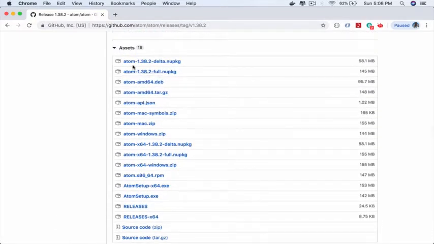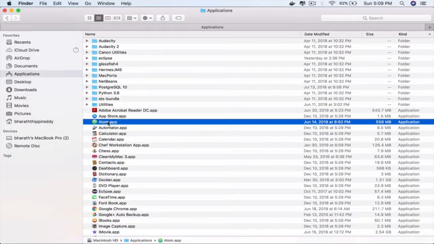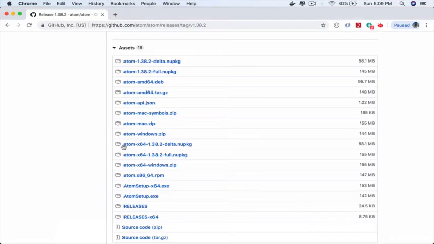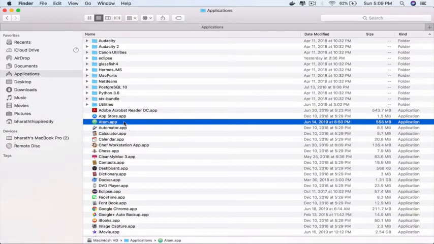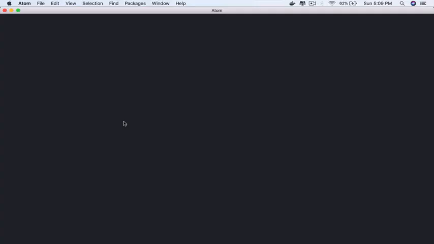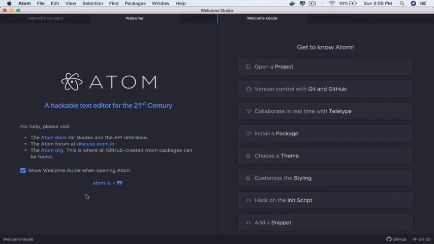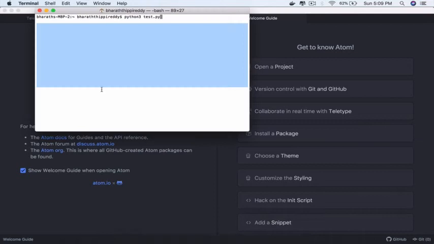If you are on Windows, select the right version of it. If you unzip this file, there will be an exe. Here you can see a setup.exe. For me on Mac, I would select the Mac one here, atom-mac.zip. Once you unzip it, you will see atom.app on Mac. And once you finish installation on Windows, you should see atom.exe. Double click on that. That will launch the Atom IDE for you. Once opened, you can create your Python scripts here and simply execute them from the command line.